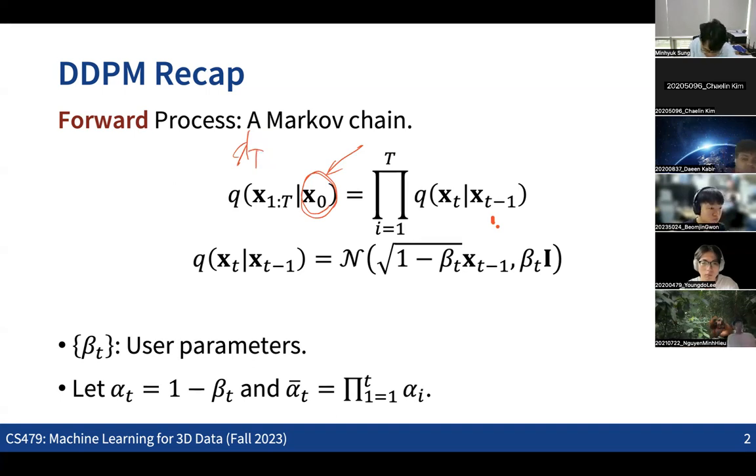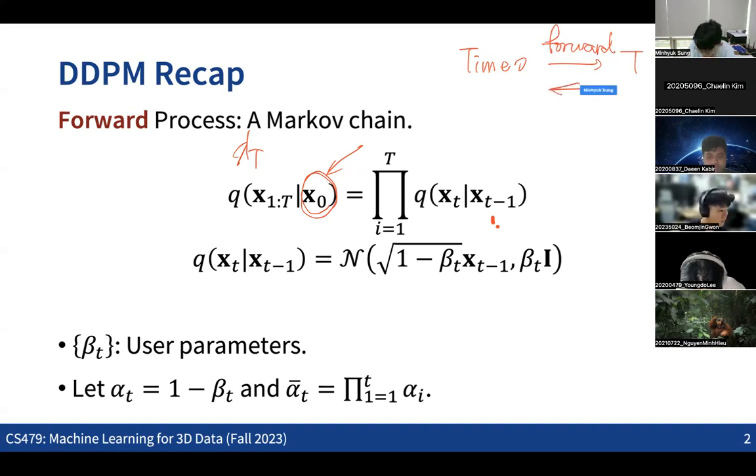So don't get confused with all the notations about the time. We are starting from time zero to capital T in a way that we are mapping from the data distribution to the target distribution, which is the forward process. And the other way around, mapping from the prior distribution to the data distribution is the reverse process. So literally we are going in the reverse way in the time domain, from capital T to time zero.